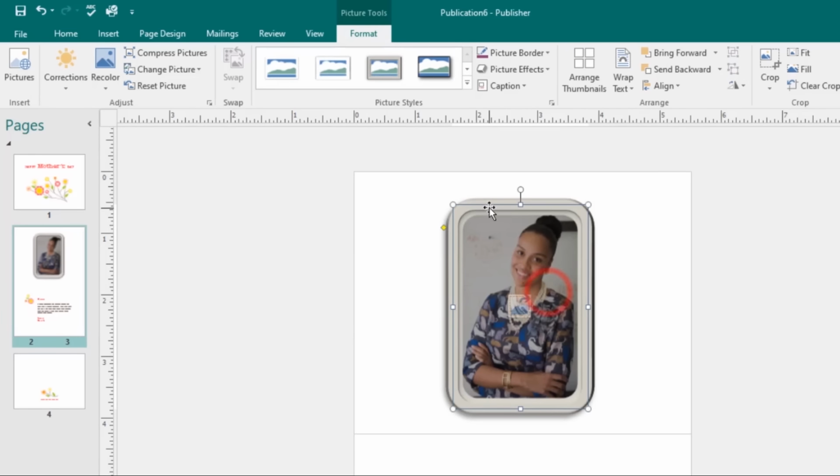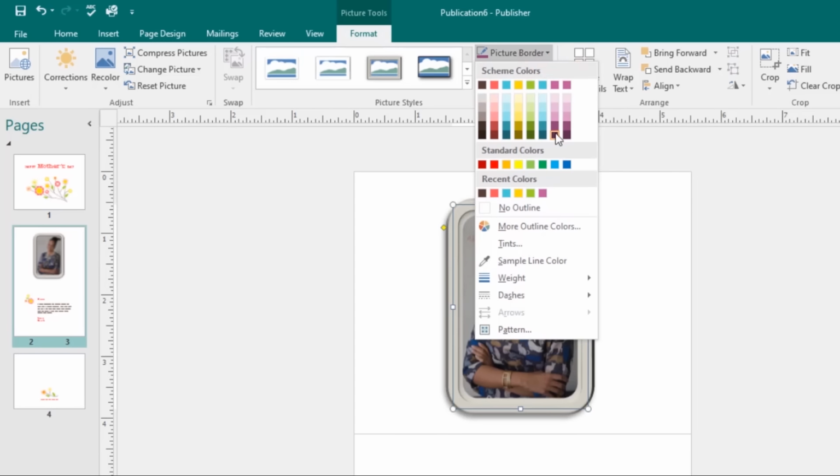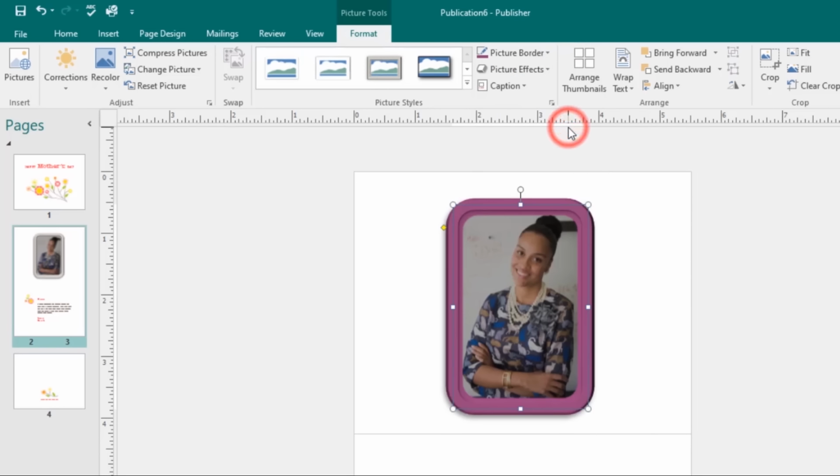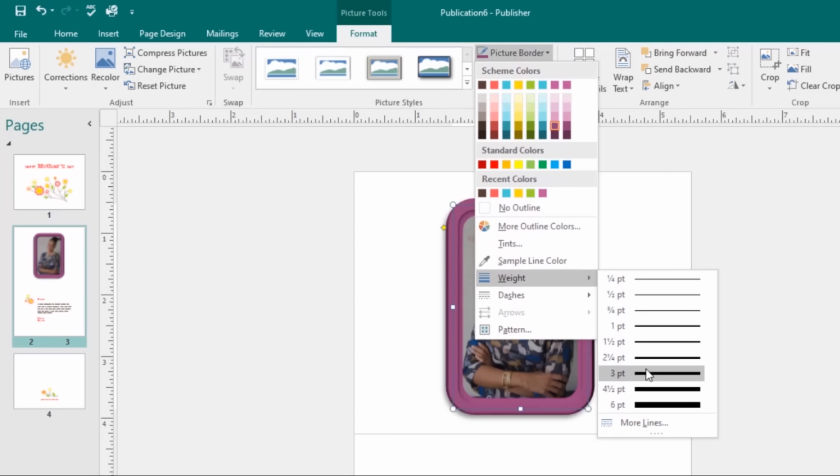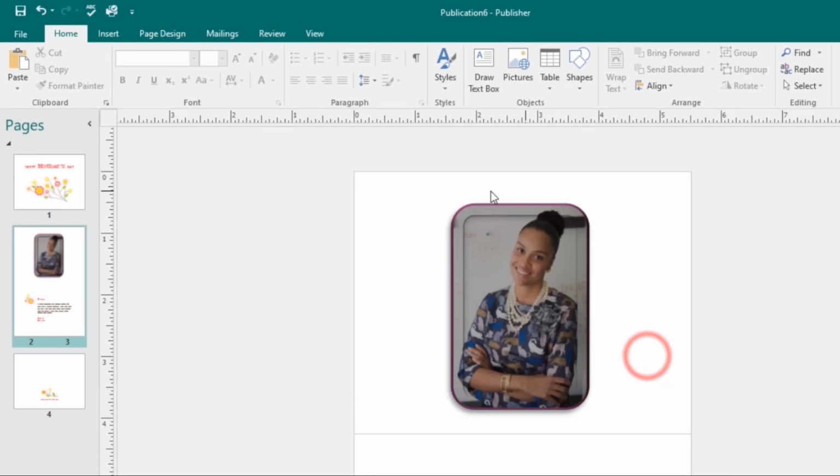Other things that you can do is you can change the picture border. So you can come to the Picture Border command over here, change the color. Let me check that color. Change the weight of the border, so I can change it to something around here. As you can see,